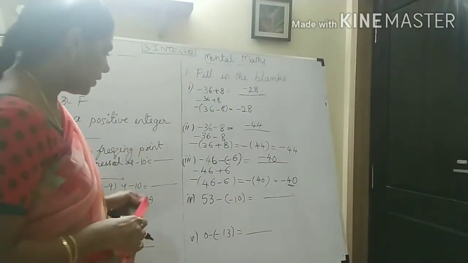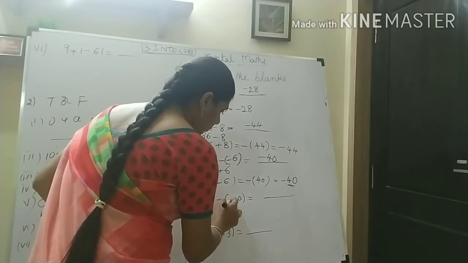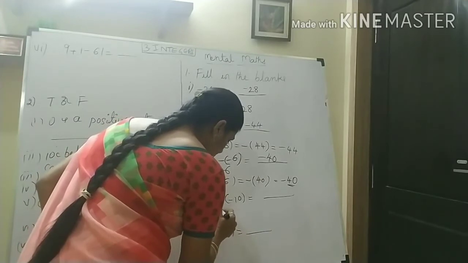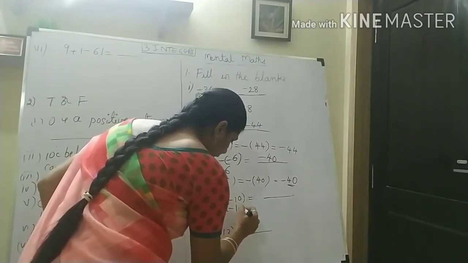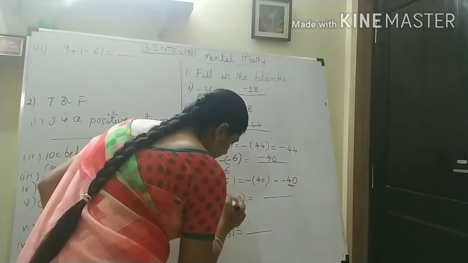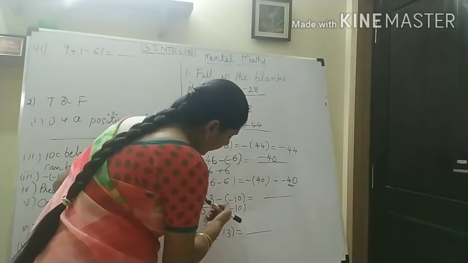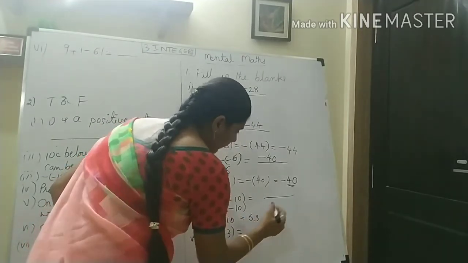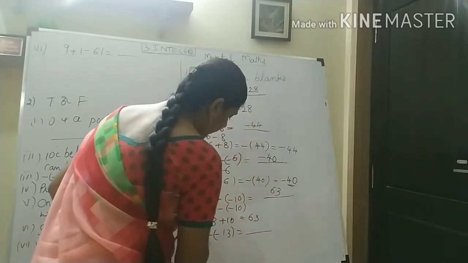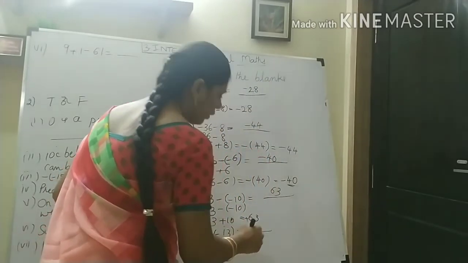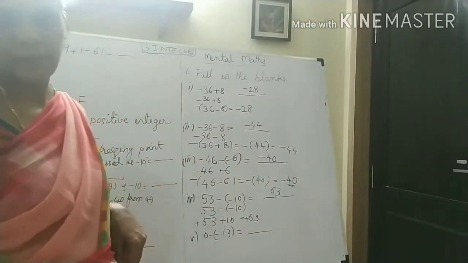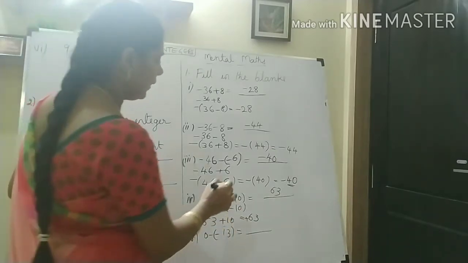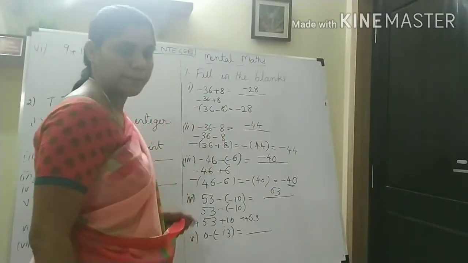Okay. Now see next one, 53 minus of minus 10. What they have given here? First understand the problem first. Minus of minus 10. Now remove these brackets first, apply this minus sign. Minus into minus, plus 10. Now 53 plus 10, 63. Here we have plus. Plus need not be mentioned here. If the number is a negative number, then only you have to mention clearly this minus. Otherwise no need to mention plus.